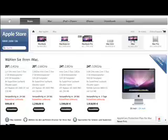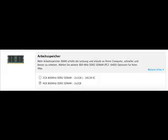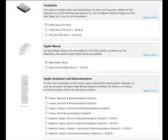But the NVIDIA GeForce 8800 GS is not an 8800 GS. Yes, why is Apple doing this, you're asking? It's a mobility one. It's an NVIDIA GeForce 8800M GTX, which is a little bit faster than an 8800 GS, and so it's a very fast card, I think. That's a good base. The only option I would choose is more RAM, 4 GB, not 2. Everything else is standard. 500 GB is enough, I think,